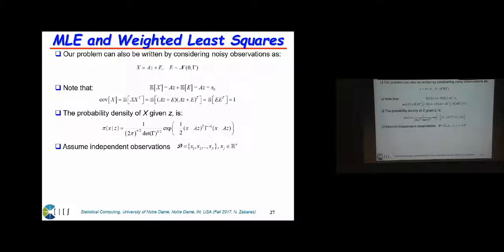So pi of x1 given z, pi of x2 given z, etc., until we have all of our data points basically included in the likelihood calculation. So if you look at the exponential, when you multiply these terms together, you will get in the likelihood a summation in the exponential that has each term for one of the data points,